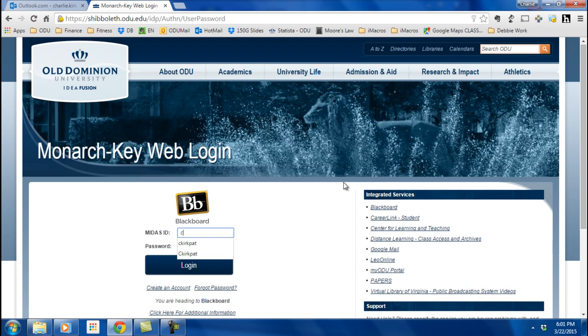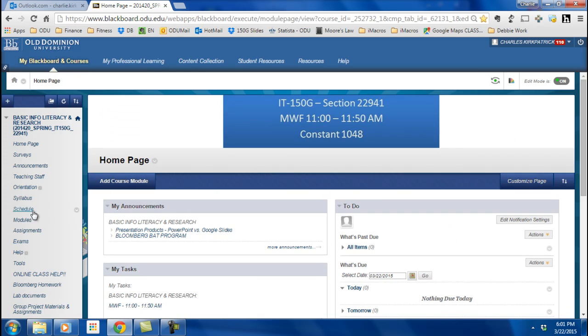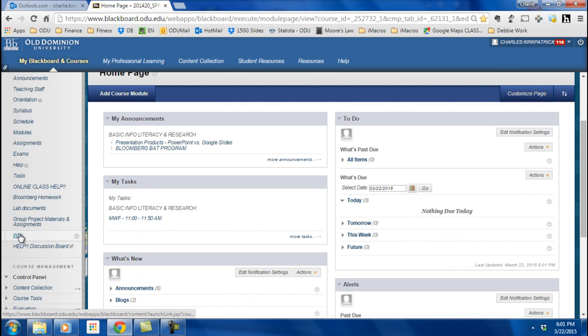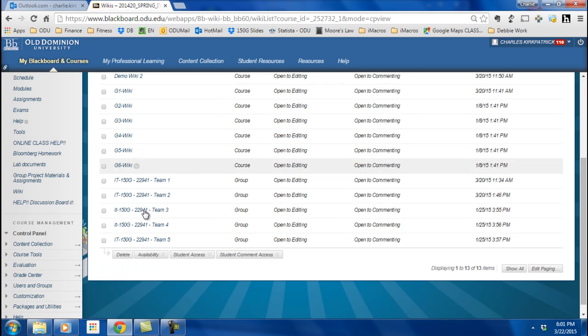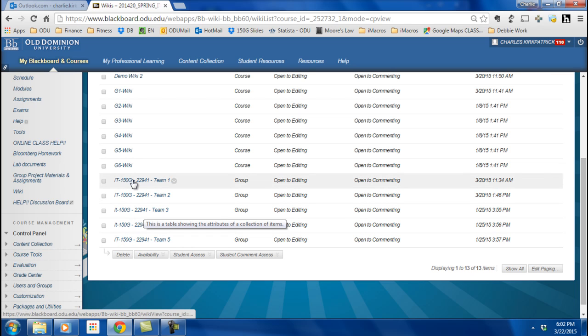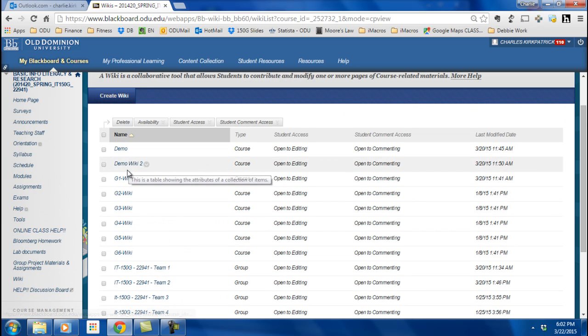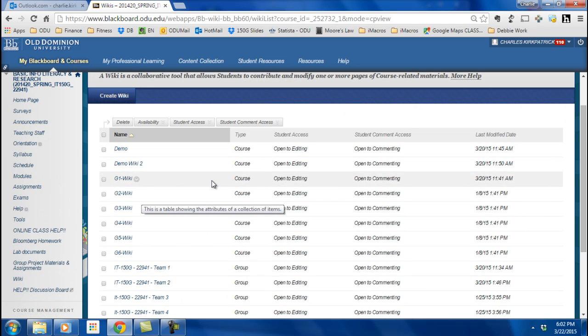You simply log into Blackboard. Go in, and then on the left-hand side here, you see the wiki. So you click on the wiki and you will see a number of wikis here. Now, when you are actually doing your project, you're going to select one of these teams 1 through 5. You can see them right here. You can disregard these, but what we're going to do today is step through creating a